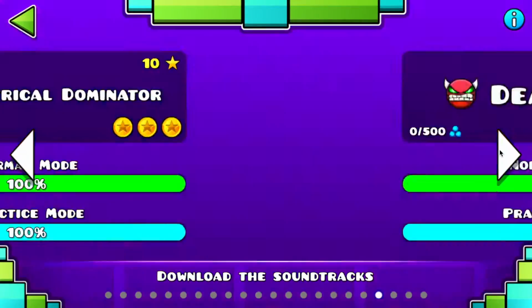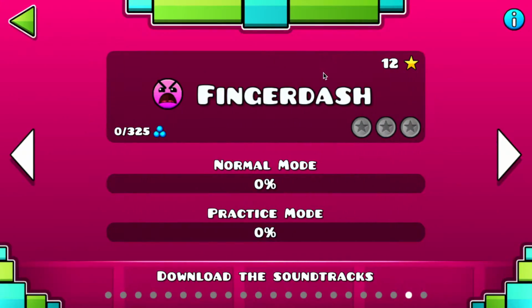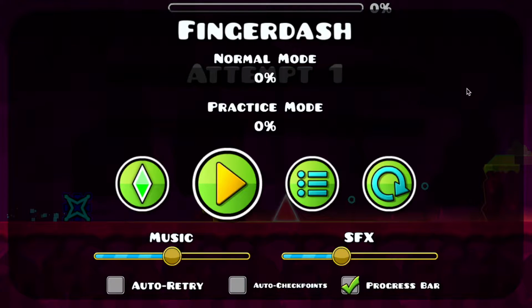And yeah, everything's done here, and now we can finally get started with Fingerdash. So I wonder if I should go into practice mode. You know what? I think I will. So I'll see you guys in there. By the way, there's gonna be new practice mode music as well. Sorry, guys. Jeez. It's all just happening so fast. Things are just getting crazy right now.